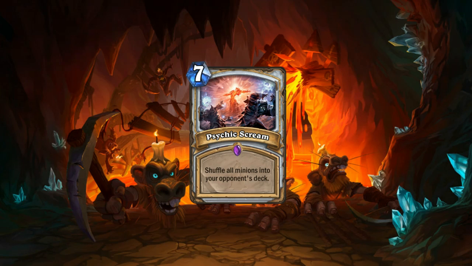It's like, hey, let me just remove everything on the board and give your opponent terrible draws afterwards. Let me just do that. Let me just ruin my opponent's game plan. And let me just Psychic Scream this all back. Right? Now the thing about it is that once Kazakus rolls out, but it's not going to be that good